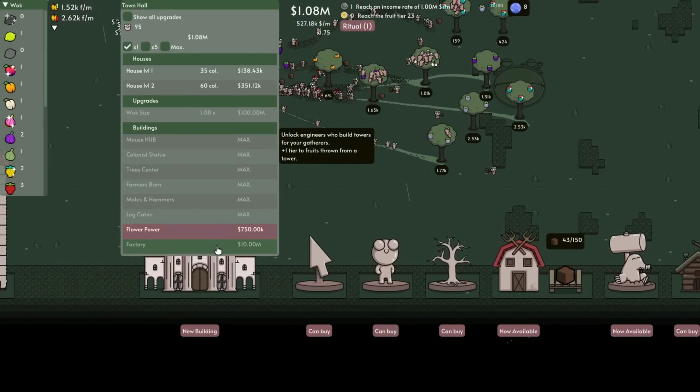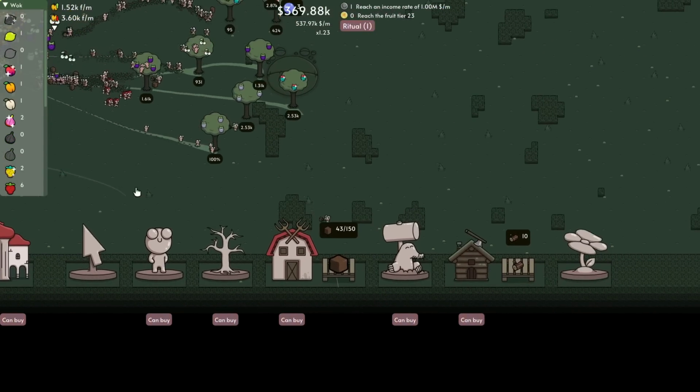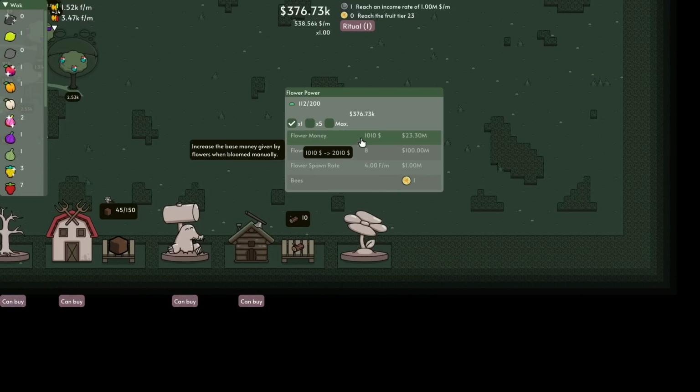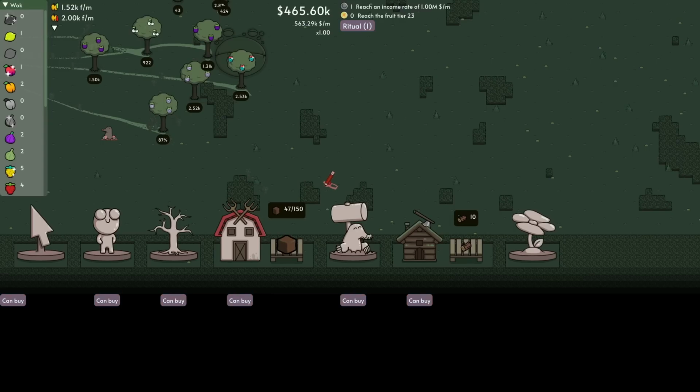Right, we've crossed the threshold that we need in order to get the flower power upgrade. Let's get it. And then let's have a little look. So, increase the base money given per flowers when bloomed manually. Bees. Bees, bees, bees. So yeah, I mean...